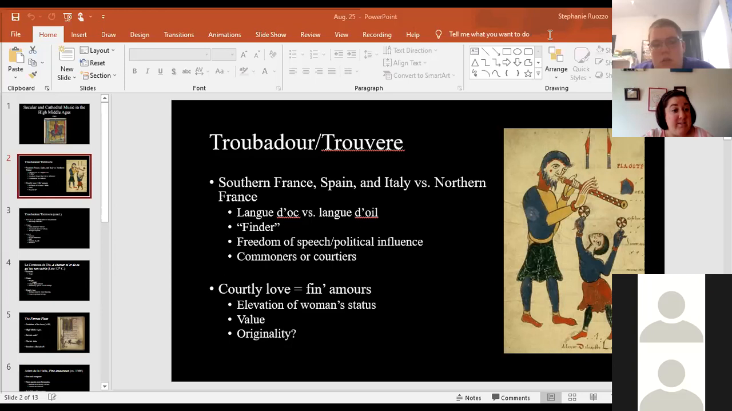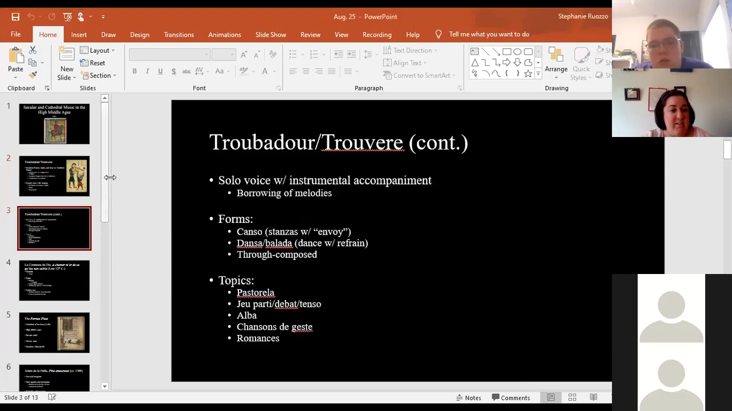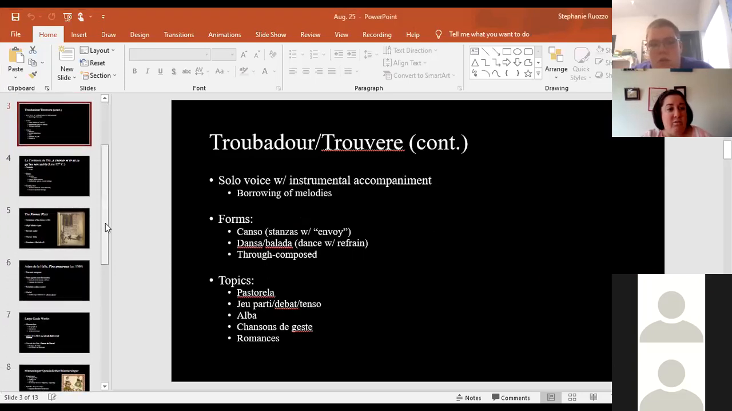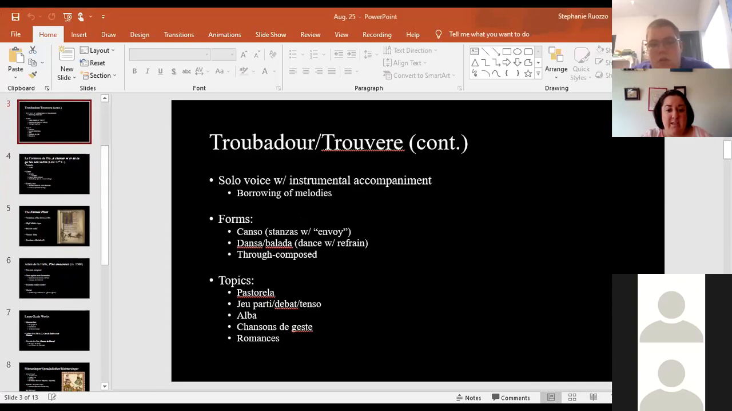The way these are written, texturally, let's talk about the texture of these. We usually have a solo voice with instrumental accompaniment. And we talked on Monday about the openness of arranging medieval music. It's not written in the score that this has to be played with a certain instrument, or you must use this many VLs to accompany it. No, that's really open. But we do know that troubadours and trouvères were either expected to accompany themselves, usually with a lute,